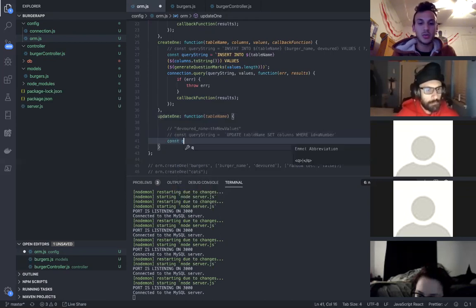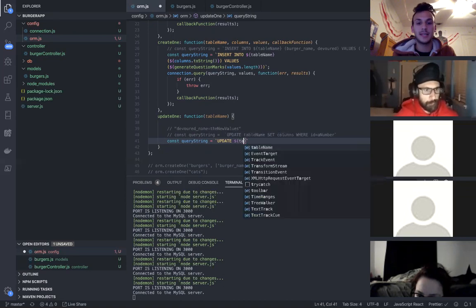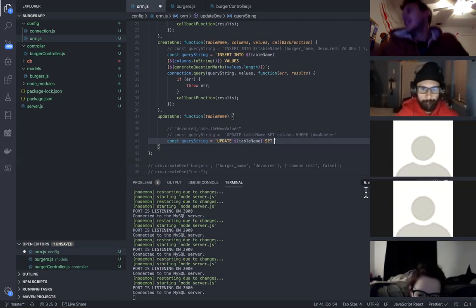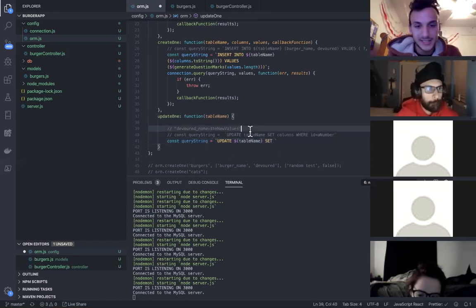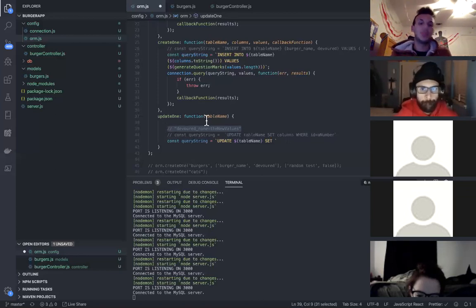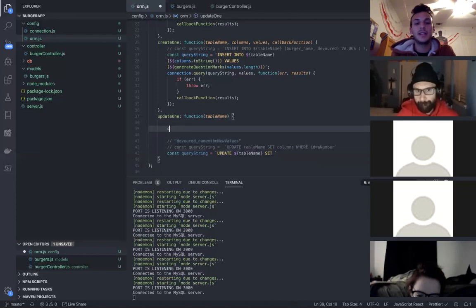and we're going to say const query string, and we're going to say update, and then table name, it's going to be the variable that we passed in. We're going to say set, and then this is the tricky part right here, the columns, right? So we need to make it look like this. So the way that we're going to do that, we're going to create an object called data, and we're going to set it to